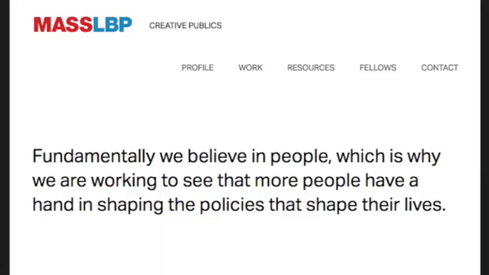So we set out an RFP and contacted a couple of organizations and firms that specialize in doing this kind of thing and said, look, we've got a tight timeline and a modest budget, but this is something that is important. And we felt that given that part of the motivation was the interest of policymakers in the Canadian environment, we thought that this could have potential traction if done well. We ended up hiring MASS LBP out of Toronto, which is a firm that specializes in deliberative dialogue, to hit on the methodological points that we've already discussed in this webinar.